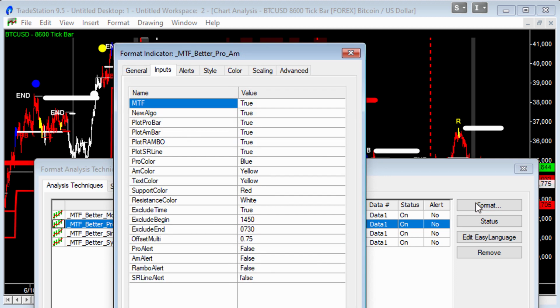So I'm going to go to Format there, and I'm going to turn off the amateur bars, set that to false, and I'm going to turn off the Rambo patterns because I'm less interested in those. What I'm interested in is the pro bars. And one of the things I'm starting to do on all of my charts now is not exclude any time. I've talked about this in the past where trades at the beginning and the end of the day